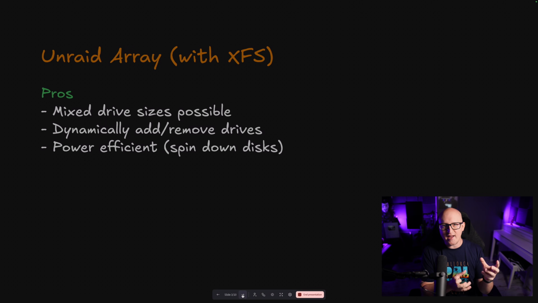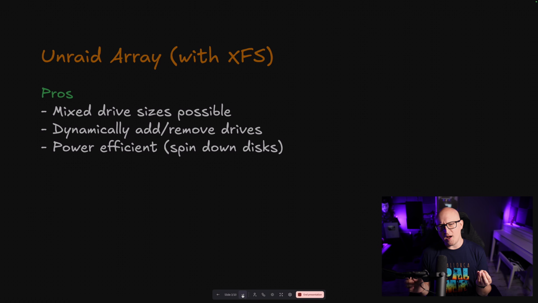and you are now reading a file that is located on disk 2, for example, the disk 1 and any other disk, they don't need to be turned on at that time. So this is also called spinning down disks that aren't in use, meaning they go in a standby mode where they don't consume any power. And this, of course, can make a huge difference when it comes to power efficiency, especially if you've got many